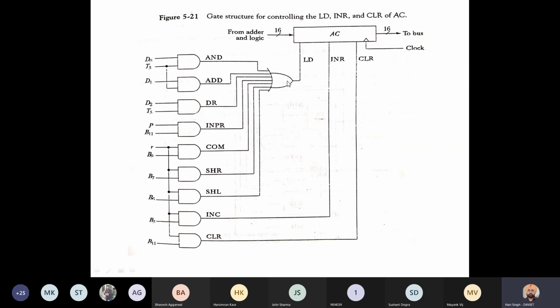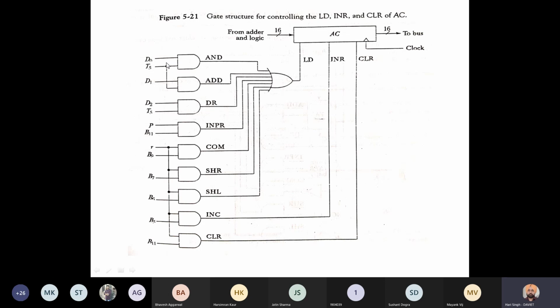So it will activate the load pin. Then for the add operation, D1 and T5 should be true. To load information from the data register, D2 and T5 should be true, and so on.